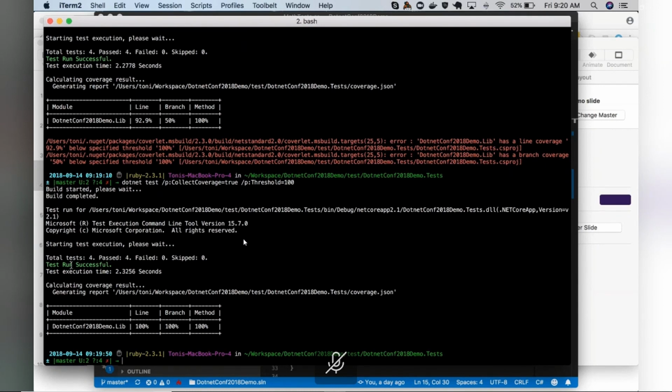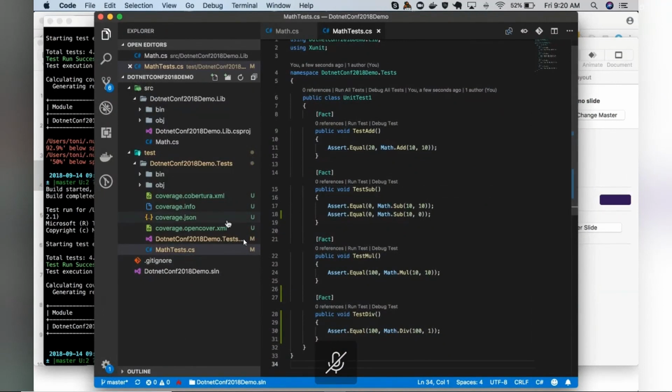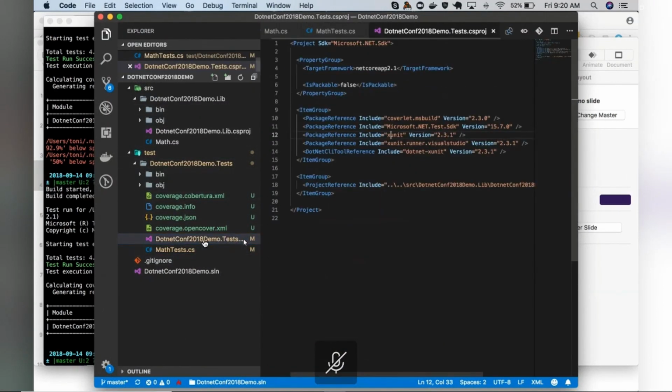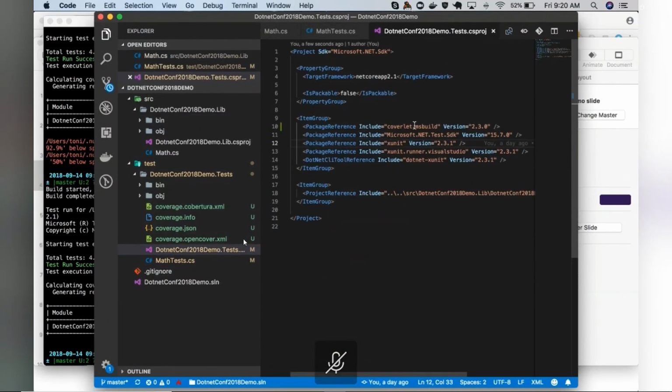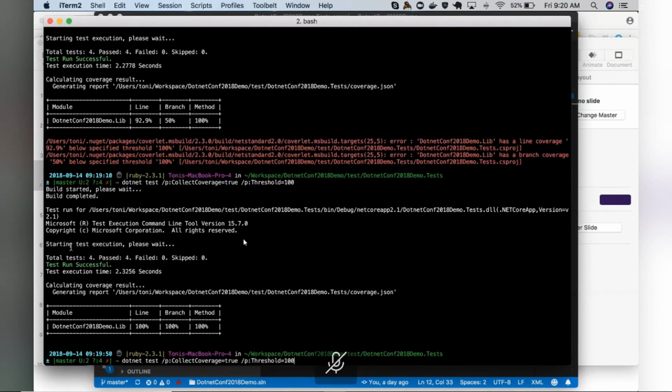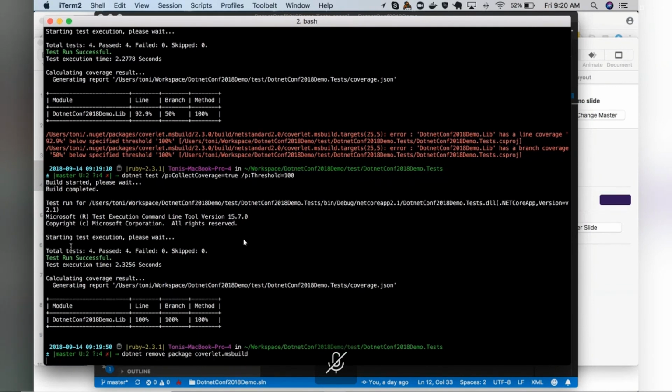All right, so I'm going to move over to showing us the other way of using Coverlet, because this was the approach I originally used when I developed it. But then you had people who did not want to pollute their dependency trees with extra packages that they only needed in development. They didn't want to add a new package that's going to make it to production that's only for development purposes. So I'm going to remove the package now, and then we're going to see how we can install